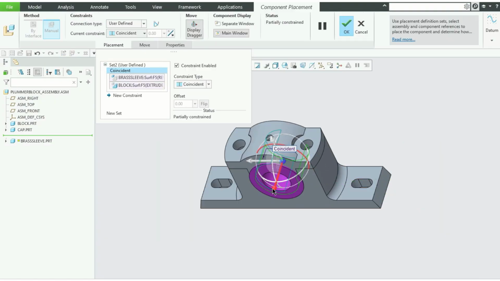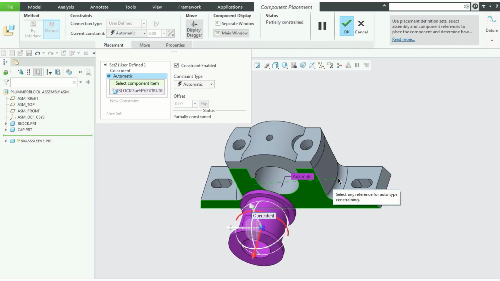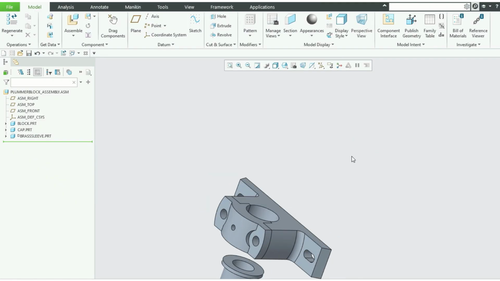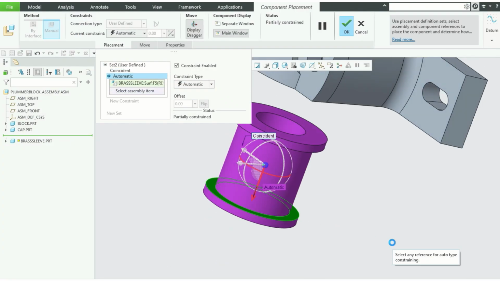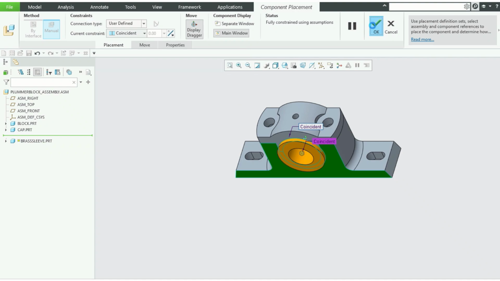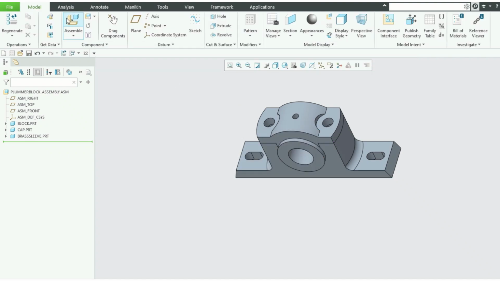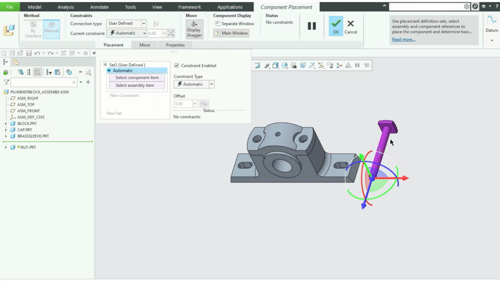Concentric to this. Okay, and then this surface. Okay, into definition, this surface to that surface. Make it coincident. Assembled. And assemble the bolt. Okay,